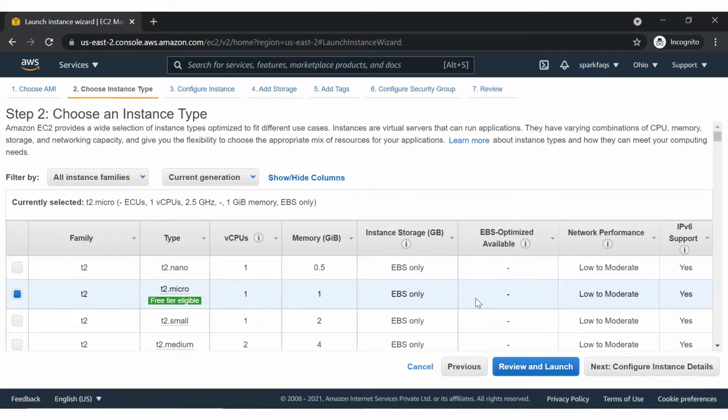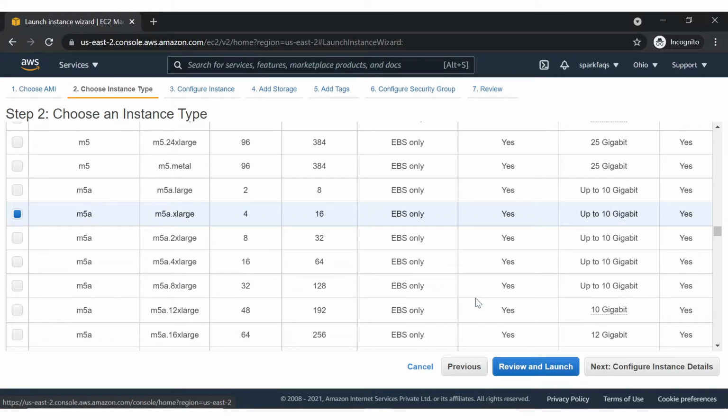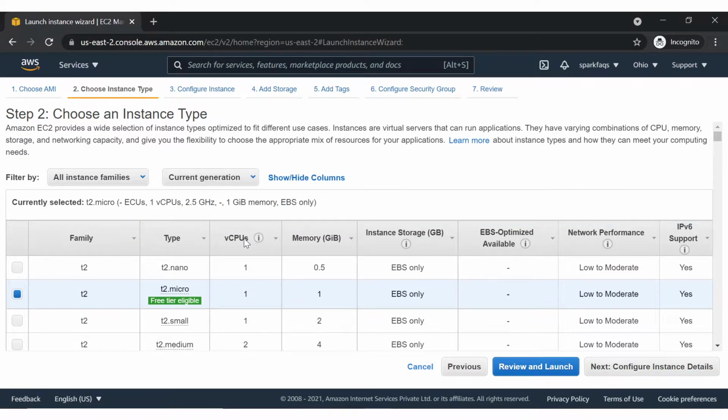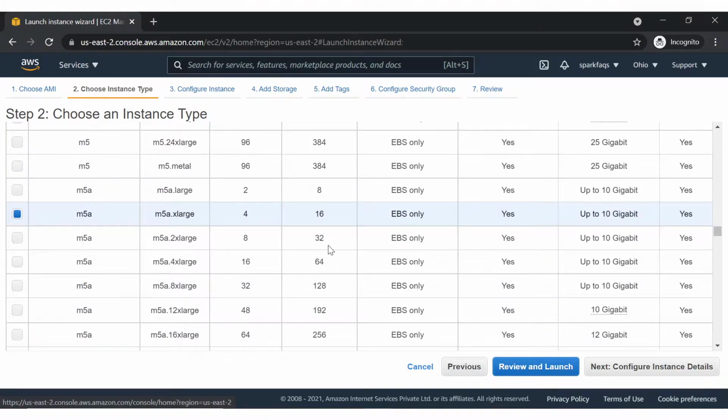So I will search for an instance type which has 4 cores and 16 GB RAM. This column represents vCPUs, virtual CPUs, and this column refers to the memory in GB. I'm choosing 4 cores and 16 GB RAM, and then I click on the Next: Configure Instance Details button.